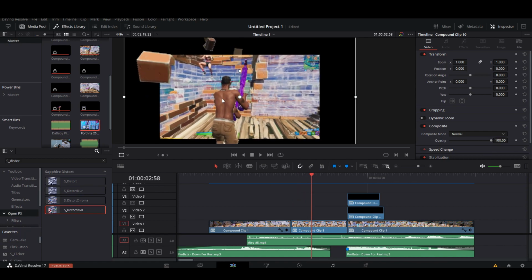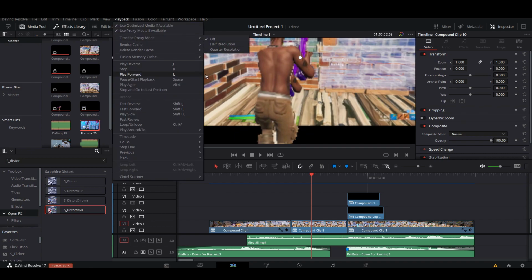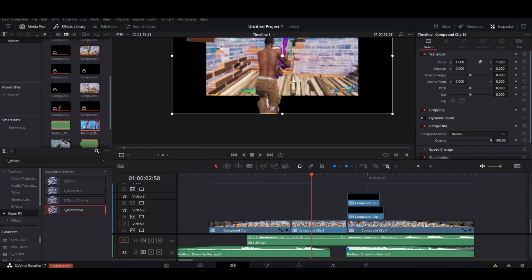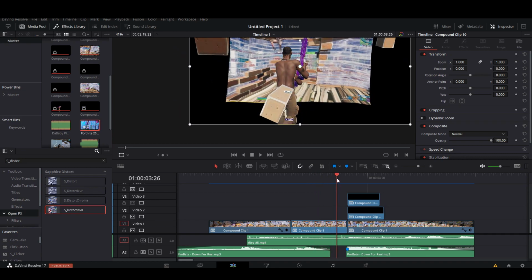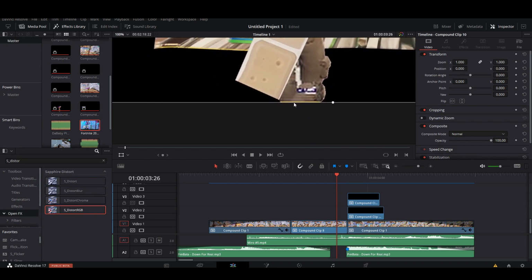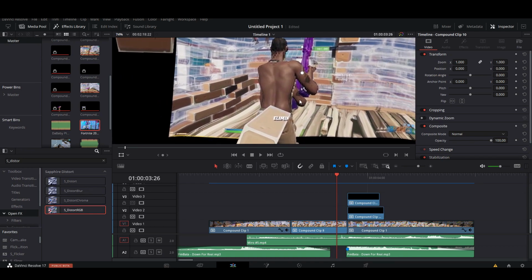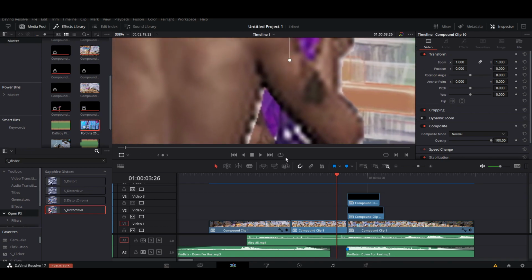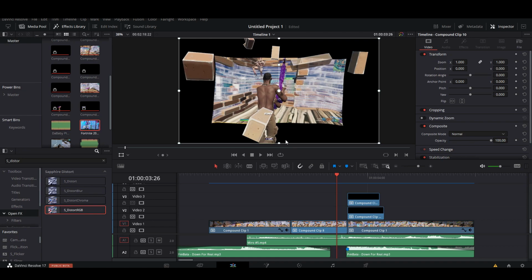So you want to make your character. You can see, I don't know why it all blurred out in this example. You want to make the character that comes out. You can see how his legs never go out of frame, right? You want the bottom to always stay in frame. So he'll get a little bit bigger than this character. You can see it's not a good masking job either, but he'll get bigger than the other character, so it doesn't look like 2 dudes on top of each other. You want him to be bigger than the other guy, cover him up, and then the bricks should go around